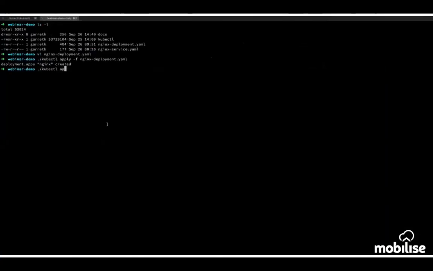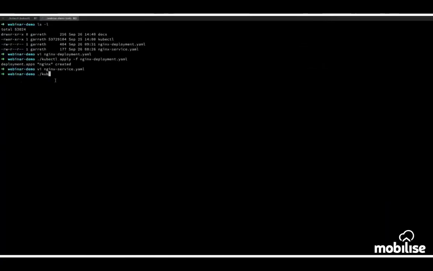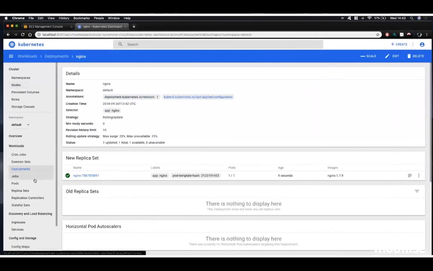So next, we need to look at exposing that deployment. So we need to create a service so that we can access that deployment. You can see here, it's a relatively small YAML file. It's looking for the app Nginx on port 80, and we're going to create a type load balancer service. So what this load balancer service will do is create an AWS load balancer so that we can access our application from the internet. So if we just apply this YAML file, once again, very quick, back to our dashboard,